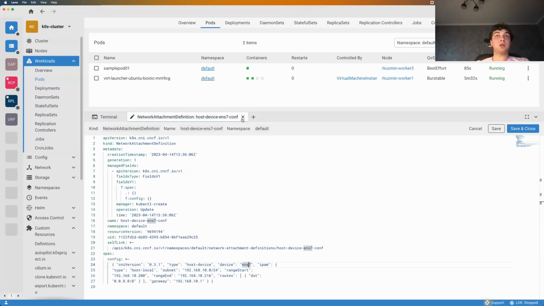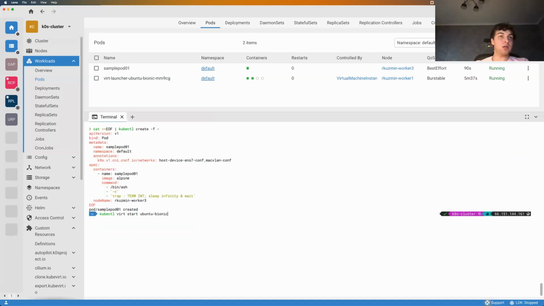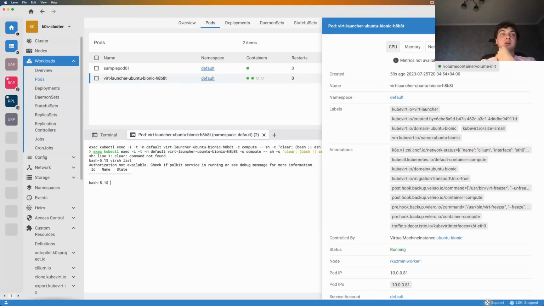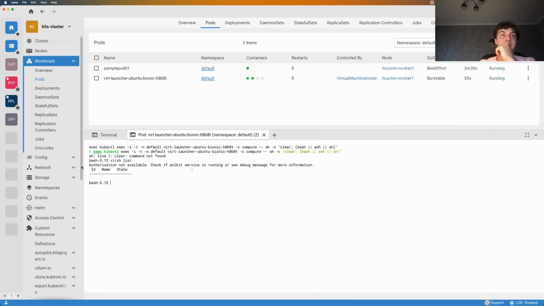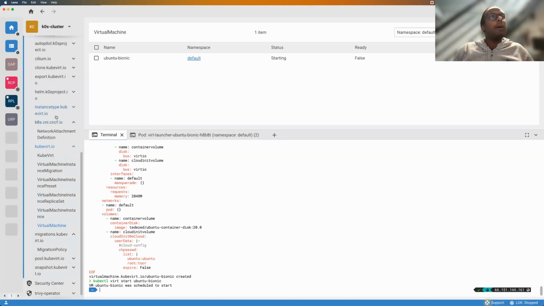Okay, so this was about Multus. Let's try to come back to our VMs. So this is essentially how Kubernetes is working. We have a pod that is using host resources, and inside that pod you can execute virsh list, which will show you all the VMs that are created on this host. While it is starting or restarting, Roman, can you show